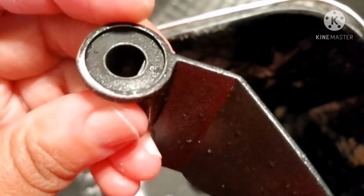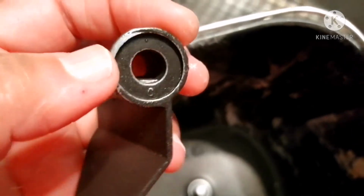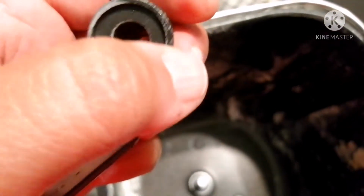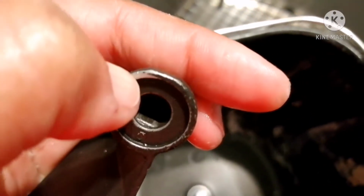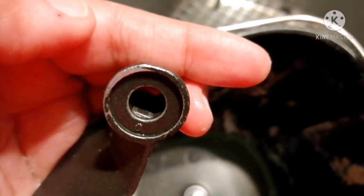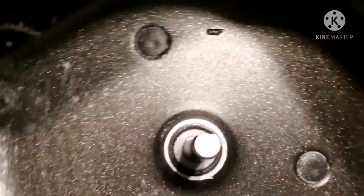The blade is probably not balanced and it's causing the metal to come off. So obviously, every time I mix a batch of dough, it is probably putting iron filings in my food. That's one. And two, what I realized recently is, and you're not going to see it now because I just wiped it off,